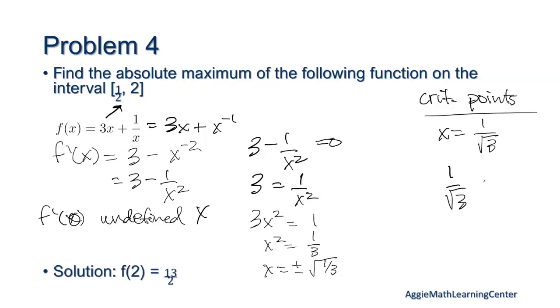One divided by square root of 3 is less than... Oh wait, no, it's greater than 1 divided by square root of 4. Okay, so we can plug that in. So it is in their interval, right? Okay. So that is kind of a harder check than we needed to do, but that's one critical point we